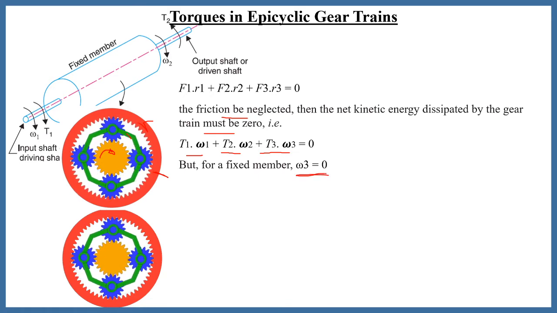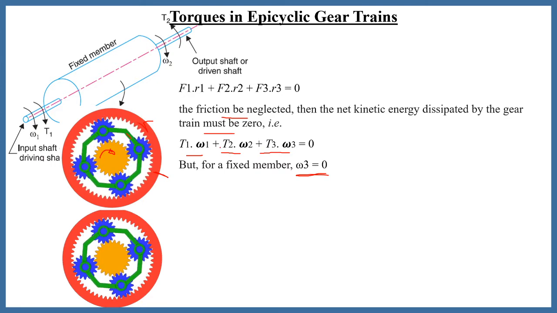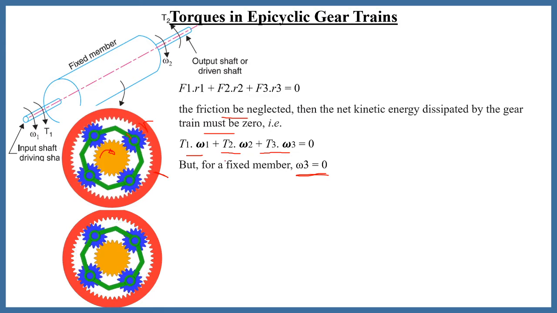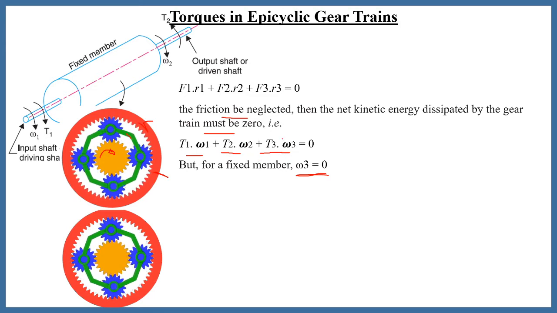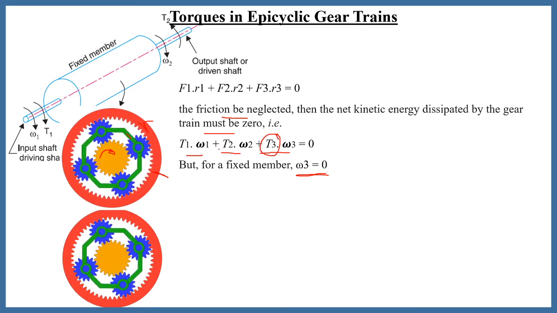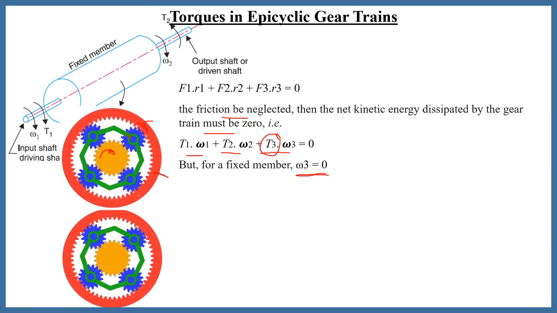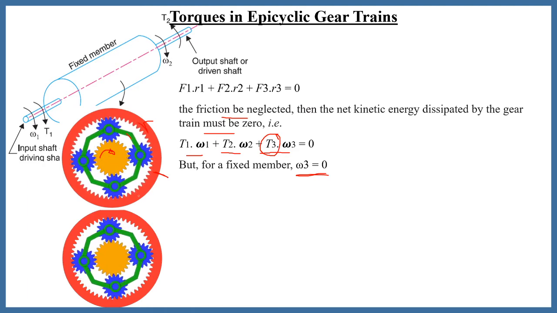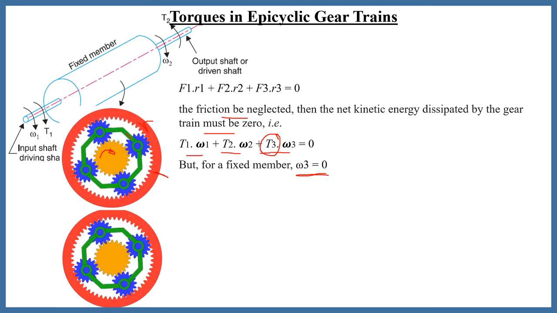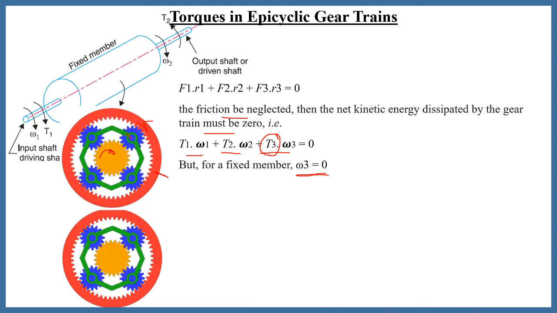In this case, ultimately what we have to find out: T1 omega 1 is known to us, T2 omega 2 is again maybe known to us, or we may need to find it out. By using this, we have to find out this T3, how much torque is absorbed or fixed by this member. That means now it is rotating, so it transmits some torque. How much torque gets transmitted, and when this member is fixed, it absorbs some torque. How much torque is absorbed, that we need to calculate. For that we are going to do this analysis.